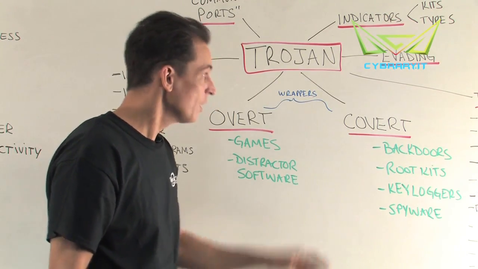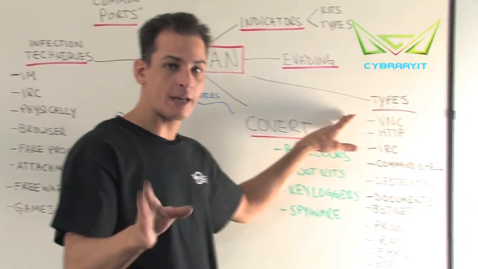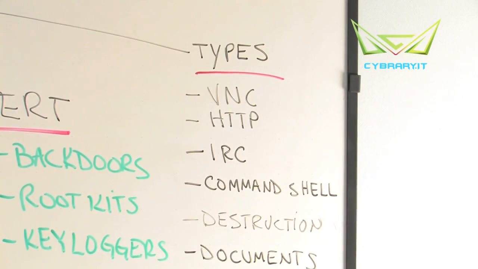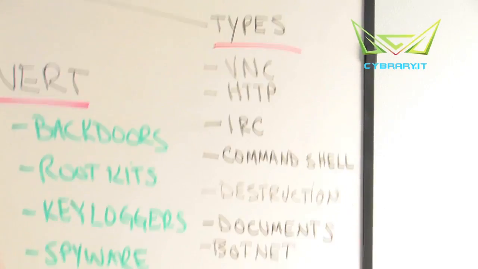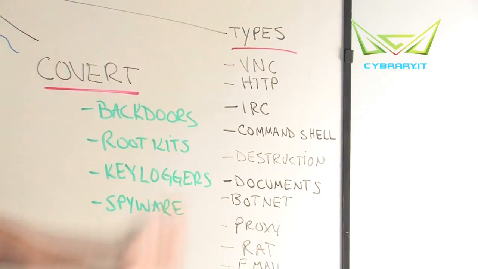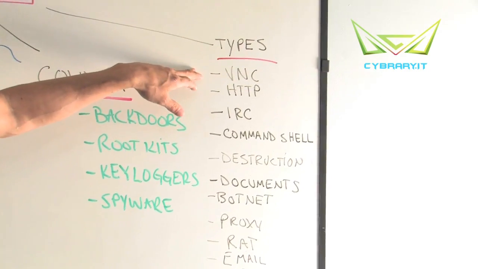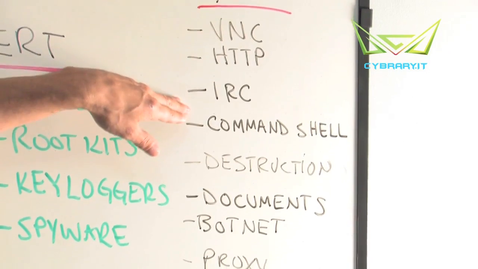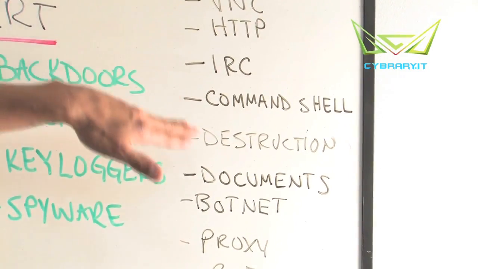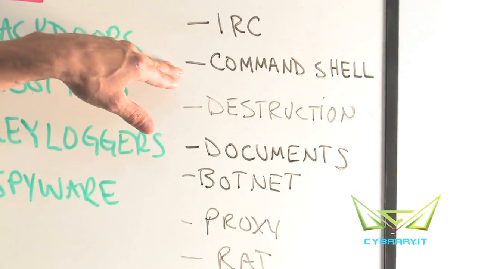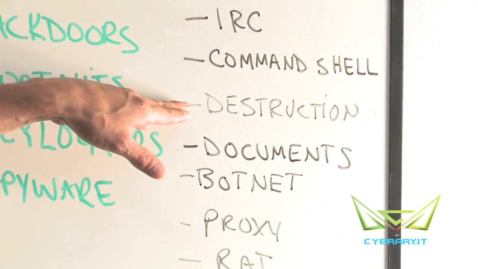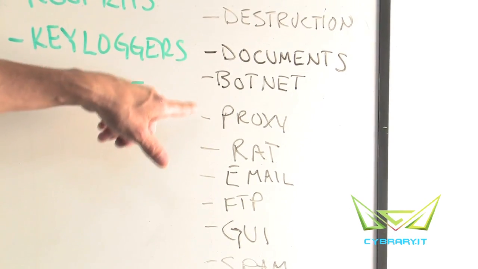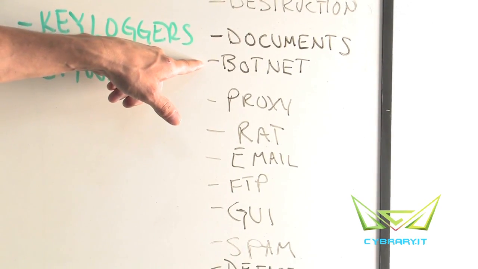Before we move on, let's talk about the different types of Trojans. Now this is specific to realistically what you are trying to accomplish, and there are many different types. So let's just run through this one time. There's VNC Trojans or web-based Trojans or HTTP Trojans, chat, IRC or ICQ chat Trojans, command shell like bash or the command prompt, destructive style Trojans, Trojans that infect documents or files and folders, or botnets for the purpose of